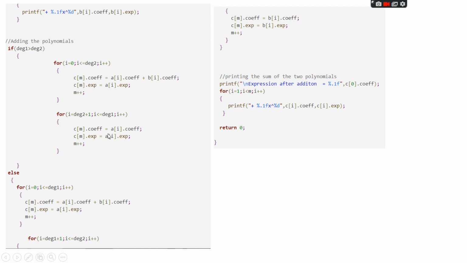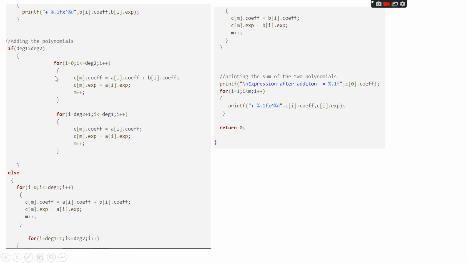So cm dot coefficient is equal to a of I dot coefficient, and cm dot exp equal to a of I dot exp, and m plus plus is used to increase the size of the C array while running the loop. And we'll complete the if condition, and this happens only if degree 1 is greater than degree 2.